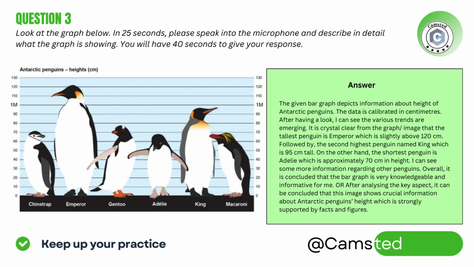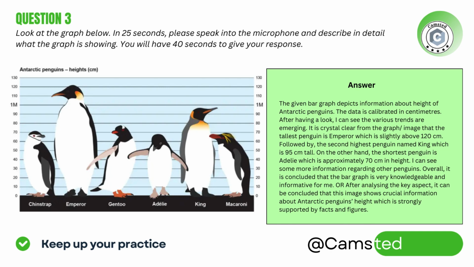The given bar graph depicts information about the height of Antarctic penguins. The data is calibrated in centimeters. After having a look, I can see various trends are emerging. It is crystal clear from the graph that the tallest penguin is Emperor, which is slightly above 120 centimeters, followed